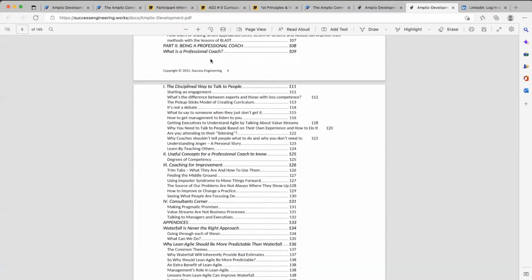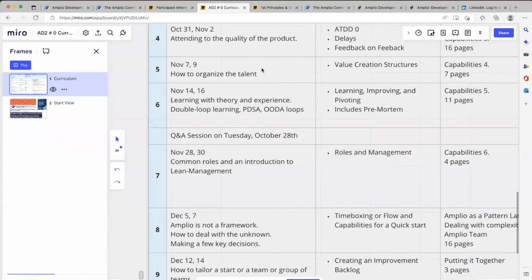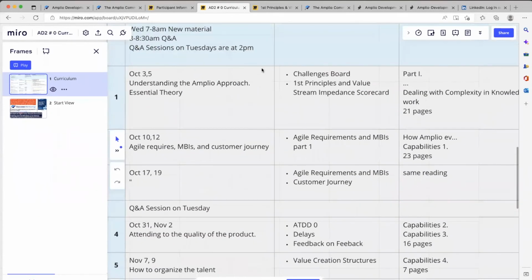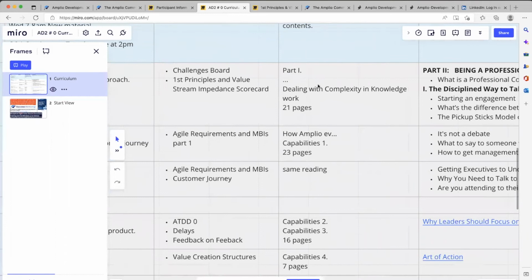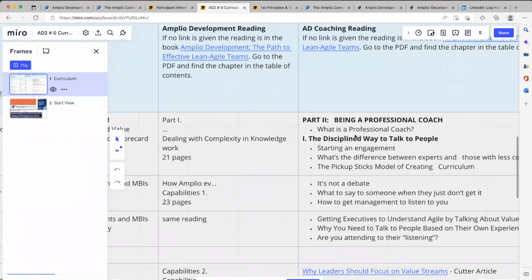And so what we do, coming back to the curriculum, every time there's a lesson, we talk about the boards, we talk about reading the book, we also talk about reading the coaching session. So we're reading the book in parallel. The first part is the content, the second part's the coaching. Now, they're not tied together. I'm reading them this way, so you just don't end up with, oh my God, I got 50 pages I have to read.